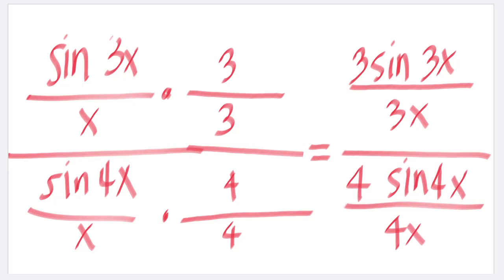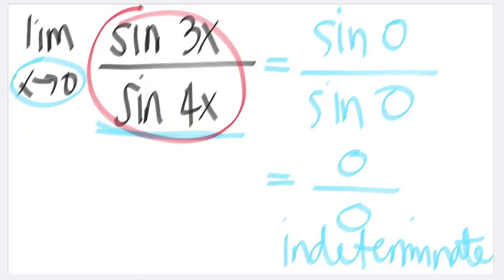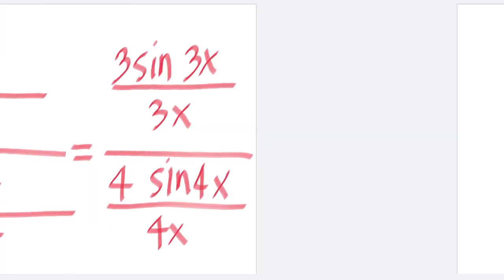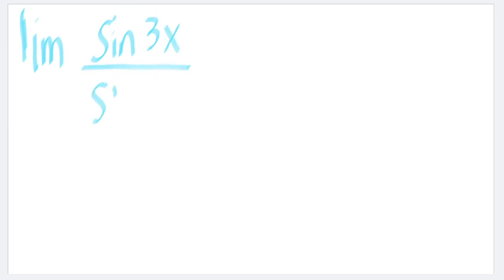So this is equal now to the limit as x approaches 0 of sine 3x over sine 4x, which is just equal to